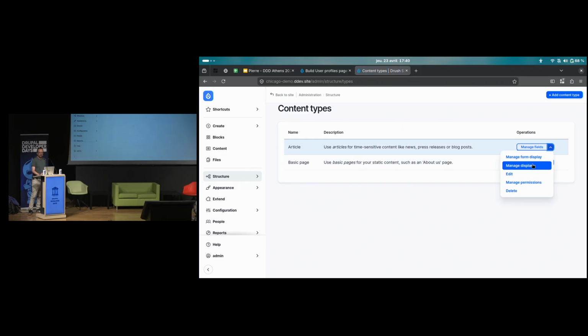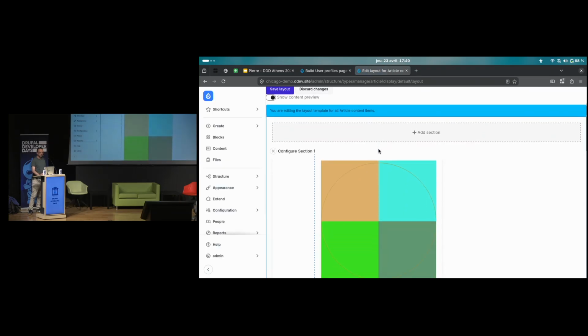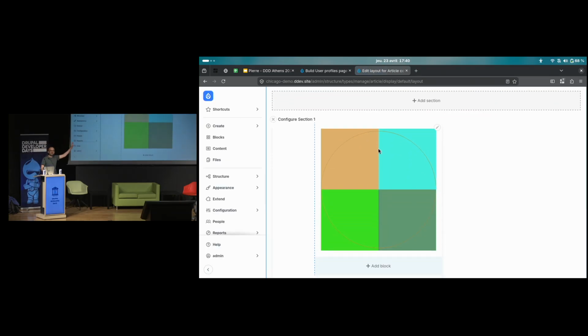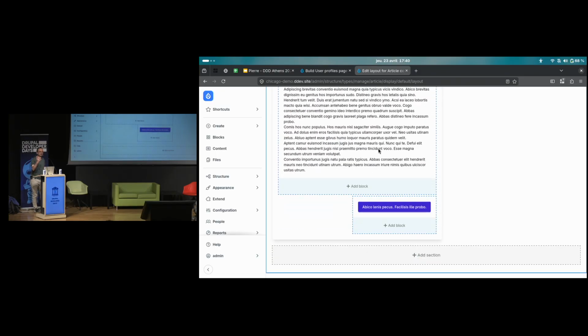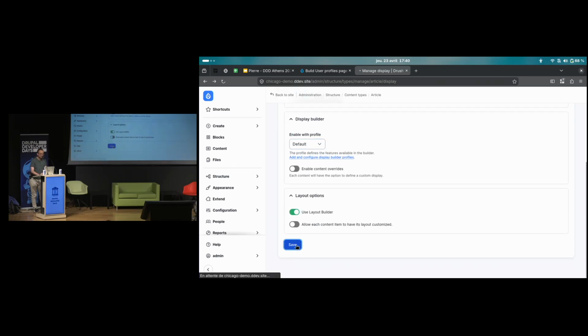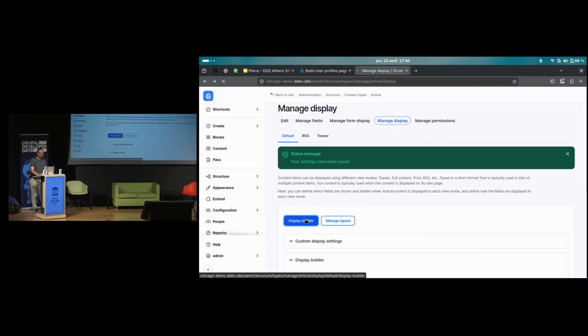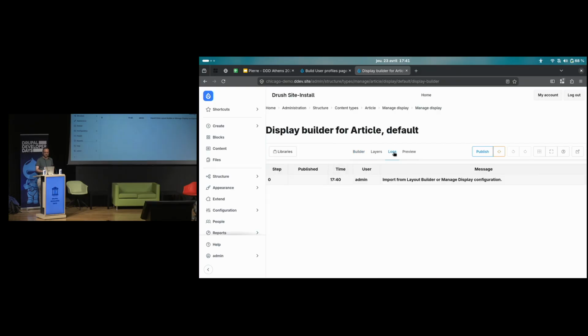I have created a display with Layout Builder. Let's have a look. It's a simple display where there is a DaisyUI card as a layout, and then we fill the fields in the slots, and there is a DaisyUI button as a field formatter. I will activate Display Builder, start my building. Everything was imported from Layout Builder. Now, you can see in the log.